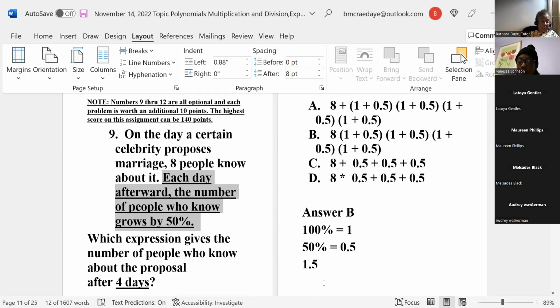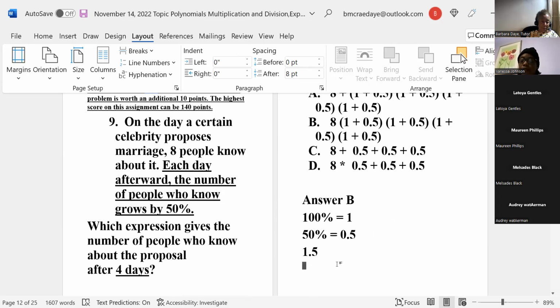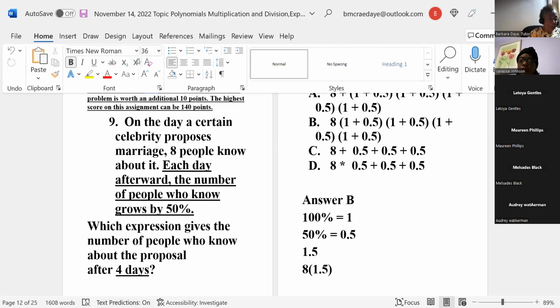That could have been written this way. Let's do this. That could have been written 8, and I'm doing this because sometimes you'll see it this way. 1.5, and let's raise this to the 4th power. Same thing. 1.5 by itself 4 times. Got it? Okay. I want you to be able to recognize it in all forms, starting with the 100%, adding